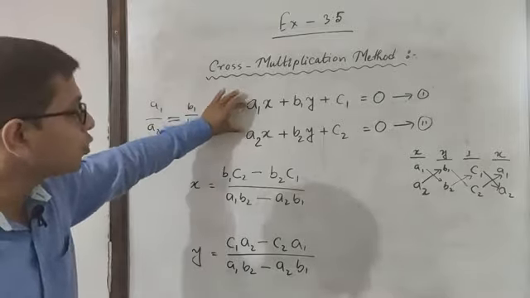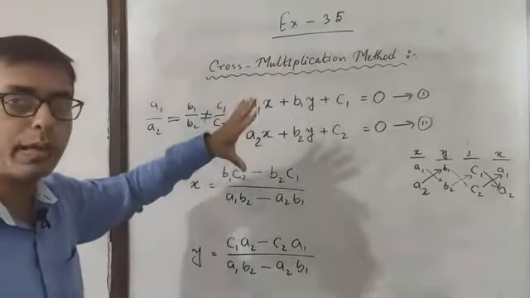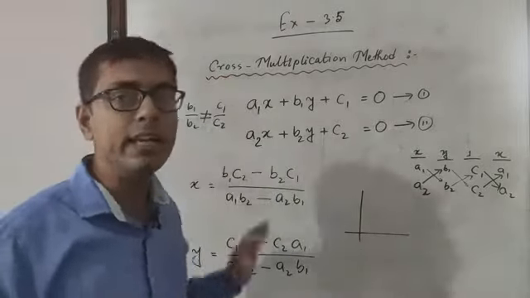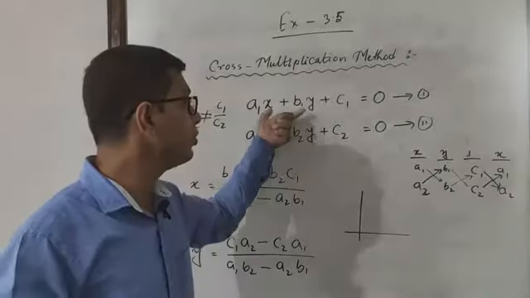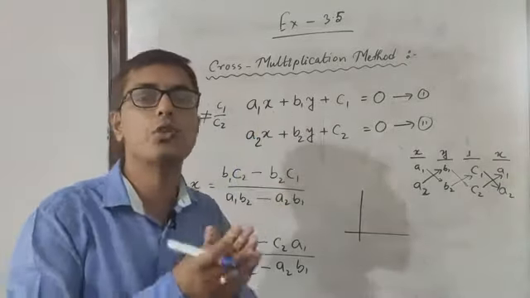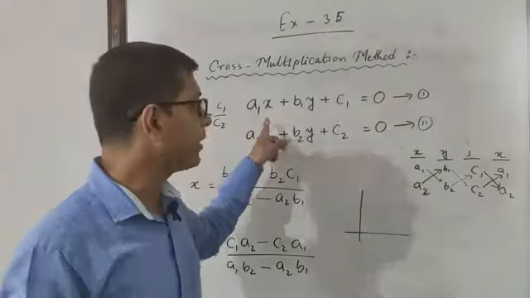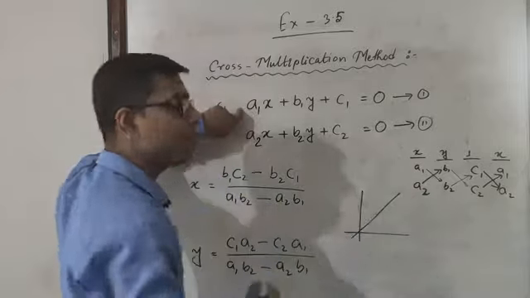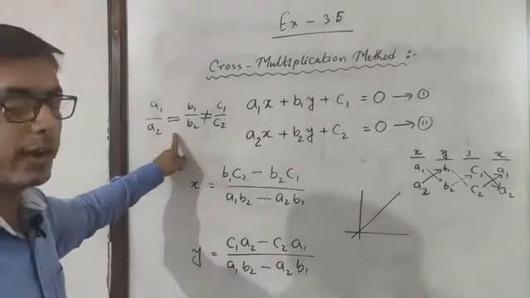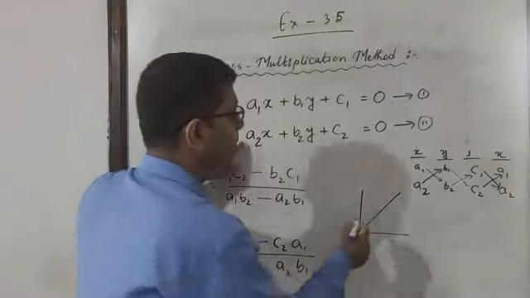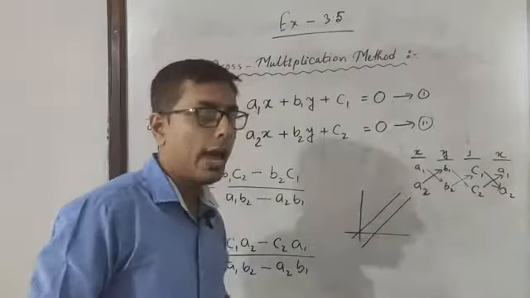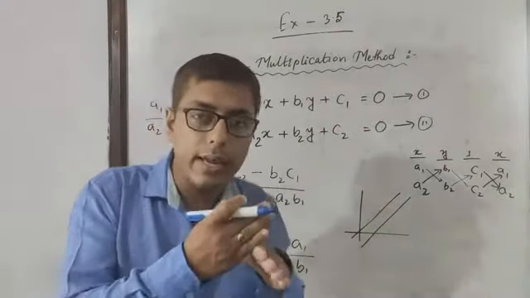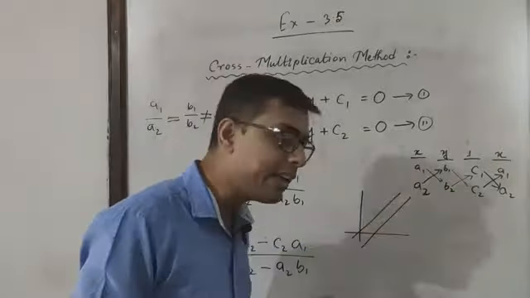when you solve them you will never ever get the values because it is a linear equation, meaning when you draw the graph of an equation you will get a straight line, linear line. Okay, that's why they are called linear equations. Suppose the first equation has got a graph like this. If this condition is satisfied, then the second equation will also have a graph which will be just parallel to the first one. And since the lines are parallel, they are not intersecting at any point if you extend them indefinitely.